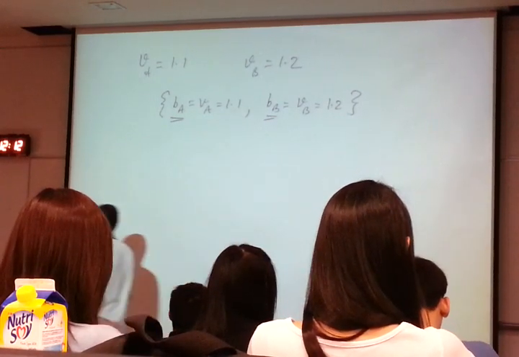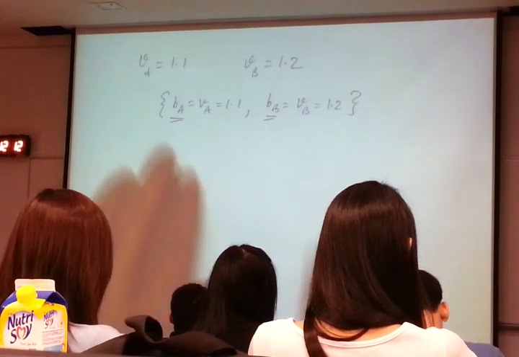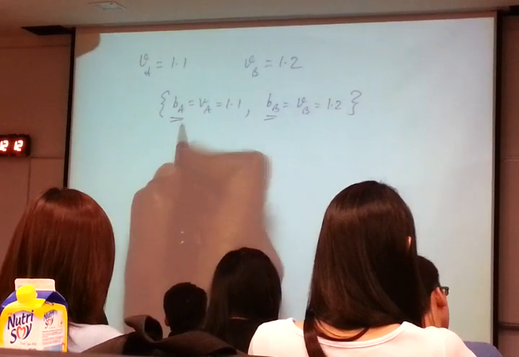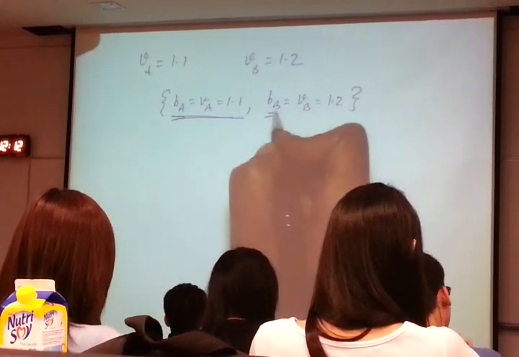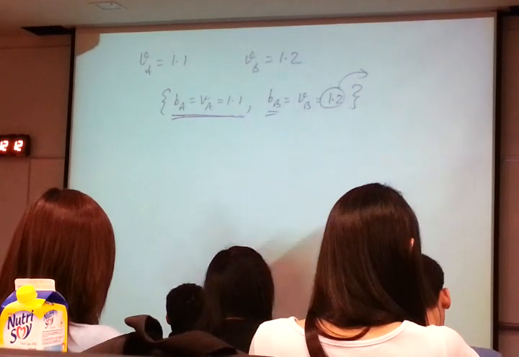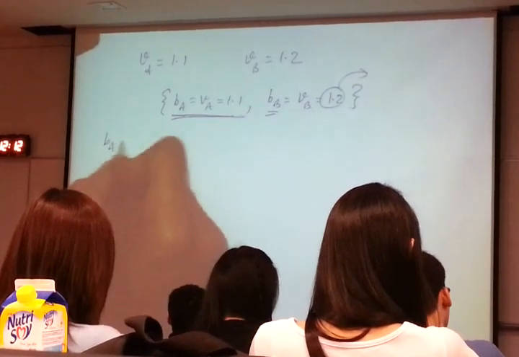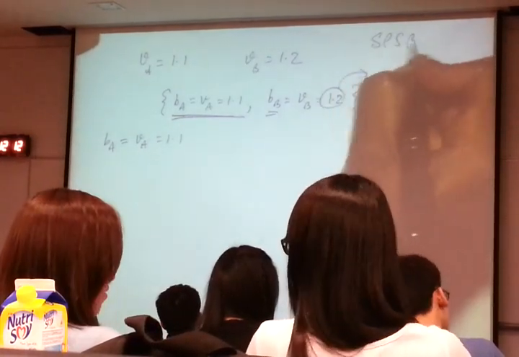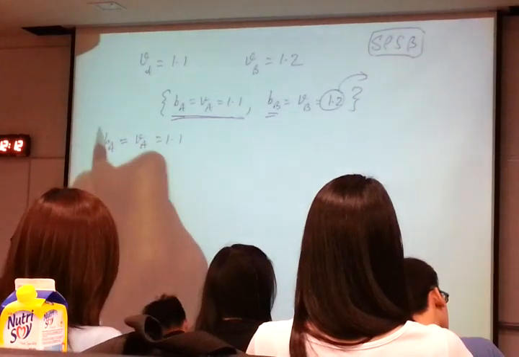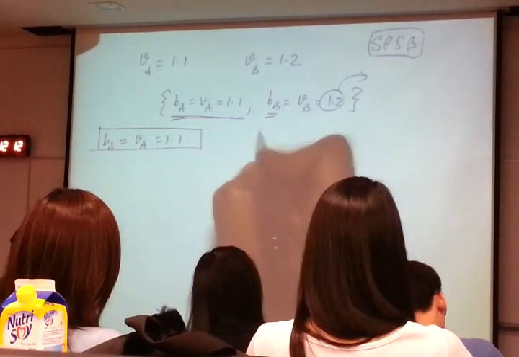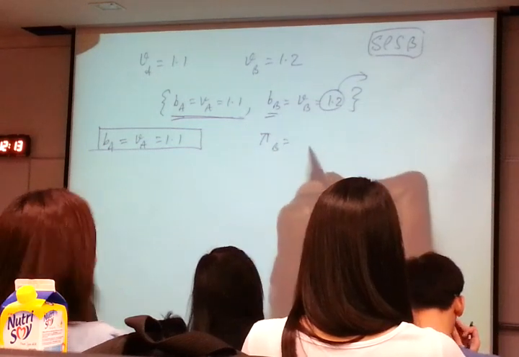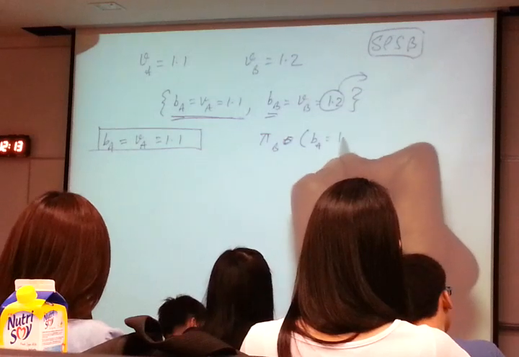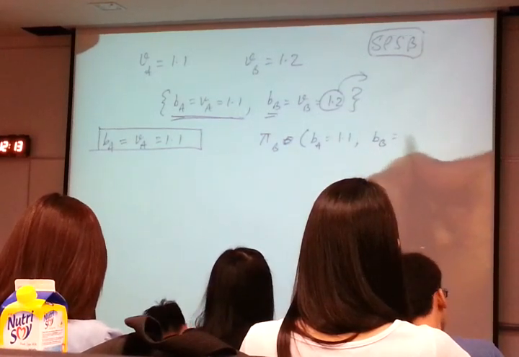Look, once you understand what it is for this pair of bidding strategies to be a Nash equilibrium, the problem is very simple. Let me show you. Let me hold this bid constant and show you that Bert has no incentive of shifting away. Okay? Alright, here we go. So Alex is bidding his valuation, which is 1.1. Remember, this is the second price sealed bid option. The question tells you. Okay. I'm going to hold this constant, and I'm going to find out what is the payoff to Bert when Alex bids 1.1 and Bert bids 1.2.